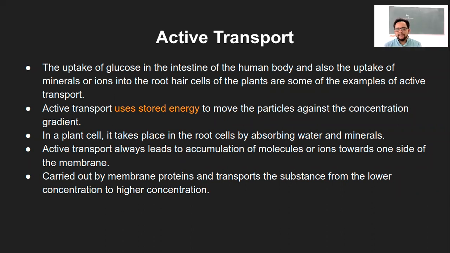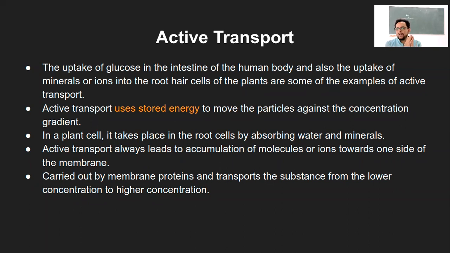So what I said is, at the start it will be a diffusion process because the young roots are just growing and they will not have any minerals. But over time, the minerals start accumulating inside, and there are certain reasons why they are accumulating, which we'll see in the next part of the slide.